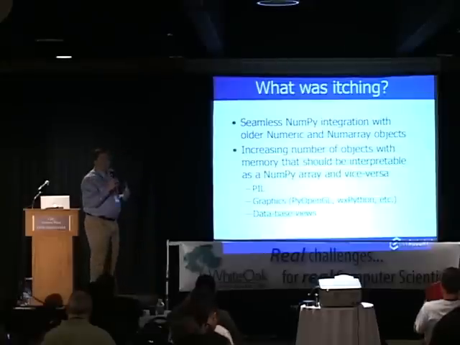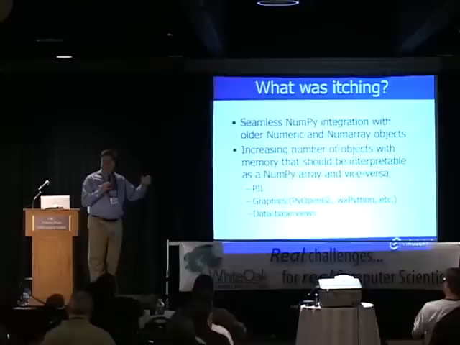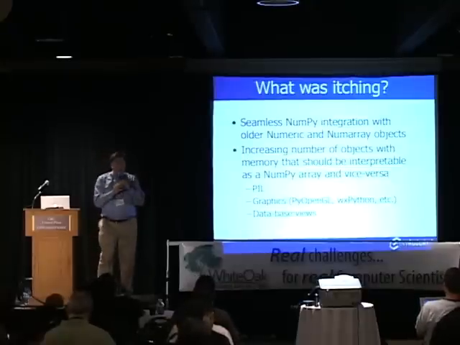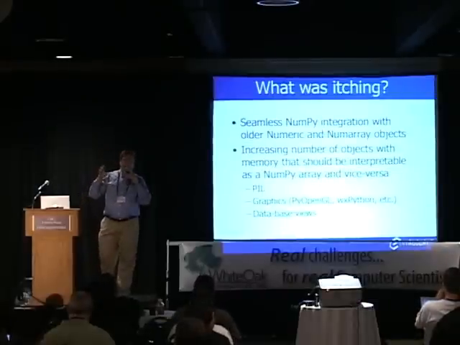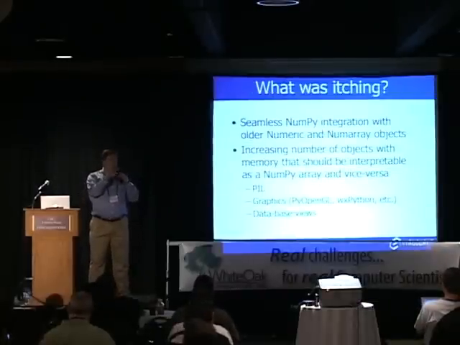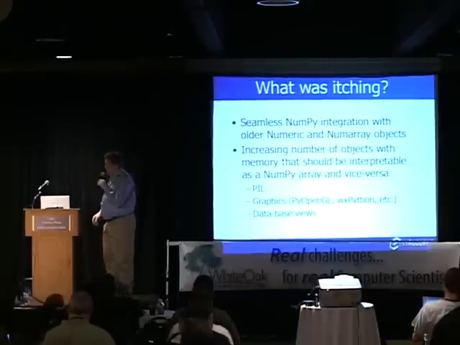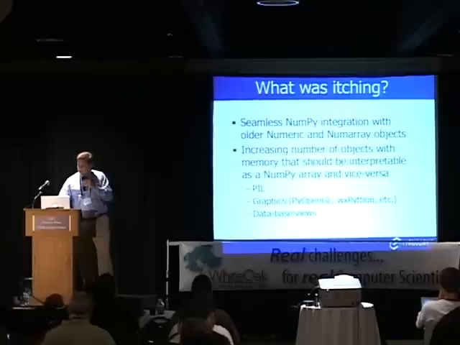And so I want it accessible to NumPy without having to copy to a string and then get the string back into NumPy and just doing these copies all over the place. I want to share memory in the same process. And graphics packages, wxPython, OpenGL, often need a texture, or they'll need a little piece of memory in order to display it on a screen, and I want that to come from a NumPy array. I don't want to have to go to a string and then to this other graphics context. So these are the things that we're itching for, saying I want sharing to be easier in Python, so how do we do